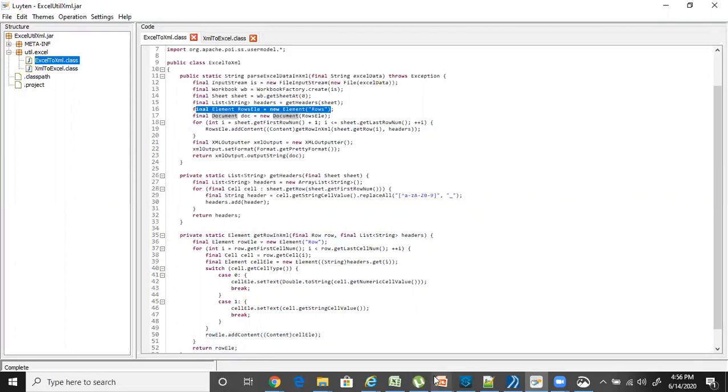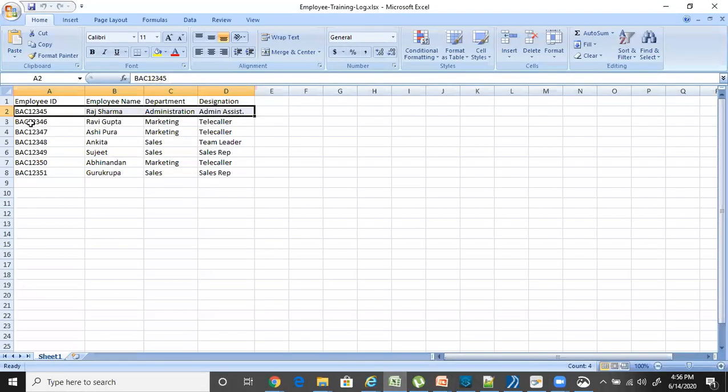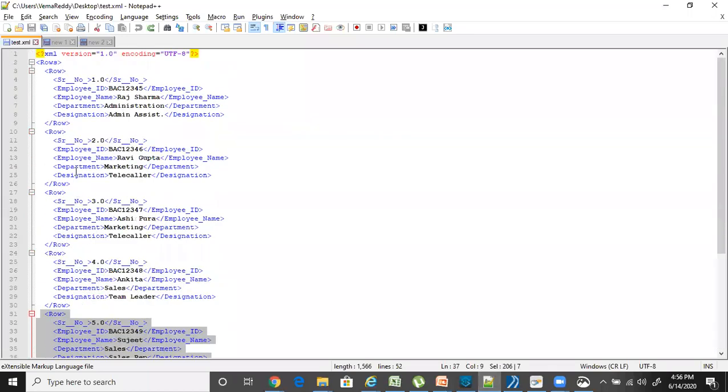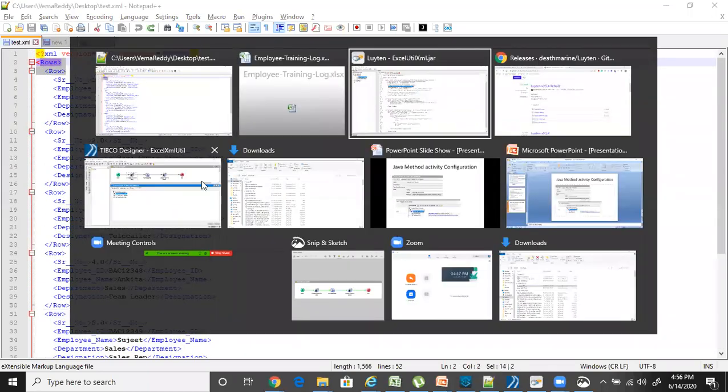So it means first I'm taking one row. In that row, I'm looping through every cell, and for every cell I'm creating an XML element, and all the cells' XML elements will be made as child elements of the row element. After that, I'm making this row element a child element of the rows. That's what is happening, and then finally it's returning the XML.